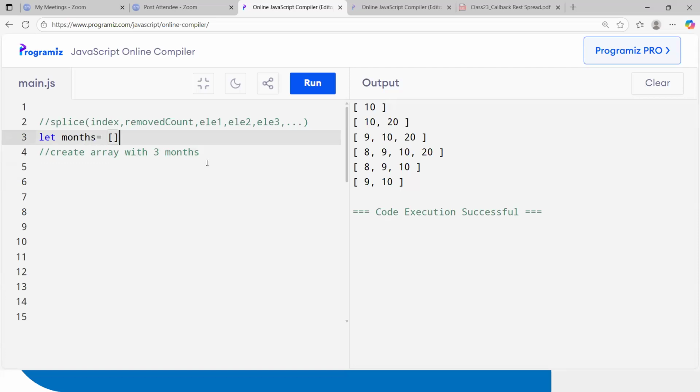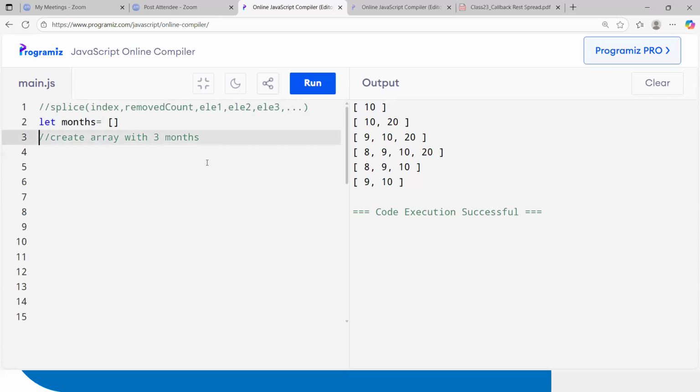Guys, what is it? Line number 3. Confirm quickly. Line number 3. An empty array is created. Now what I was asking is to add